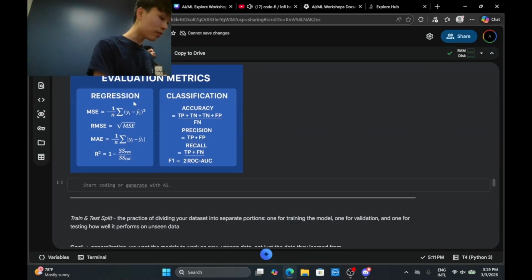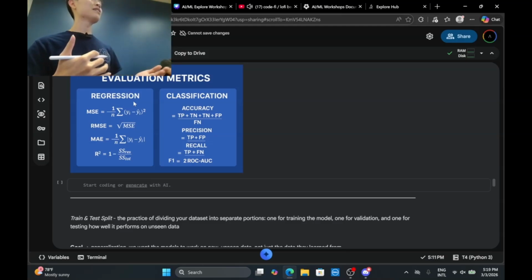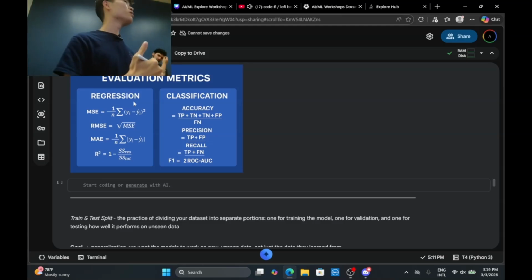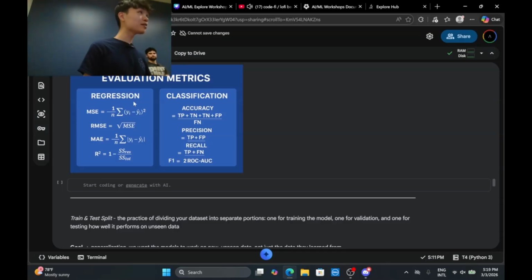So for example, my model prediction was, let's say, 8, but the actual answer was 4. The error in this case will be 8 minus 4, which is 4. It's basically saying that the model prediction was 4 units from the actual answer. And that's basically what the error is.